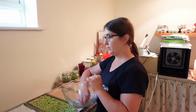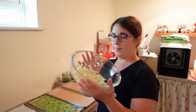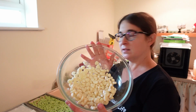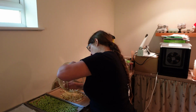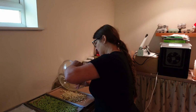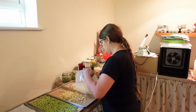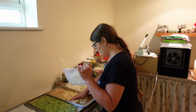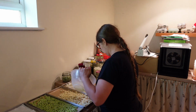So we're going to freeze dry the peas. I've cut up all these onions, sorry, garlic. We're gonna make garlic powder. I've also cut up some onions. You know what, we've harvested those onions, and I'm using up first the ones that have gone to seed, so they would not store for long anyway. So we've got the onions. Got the garlic, the onions,